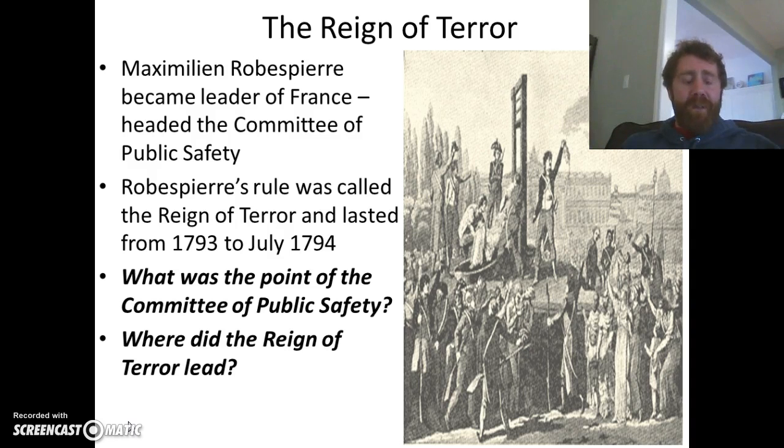Unfortunately for Robespierre, unfortunately for the French people, by July of 1794, some of the members of the convention had turned on Robespierre. They demanded his arrest, and in 1794, Robespierre was sentenced to death by the guillotine, at the same hands as so many other people before him. And this will launch a new phase of the French